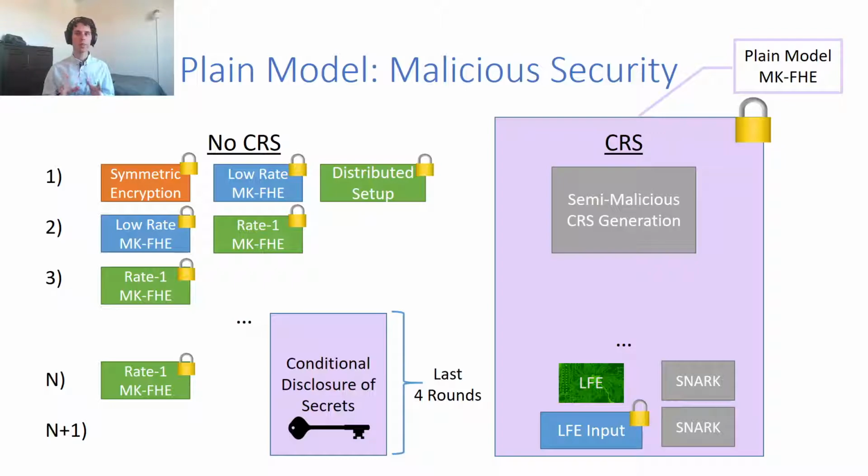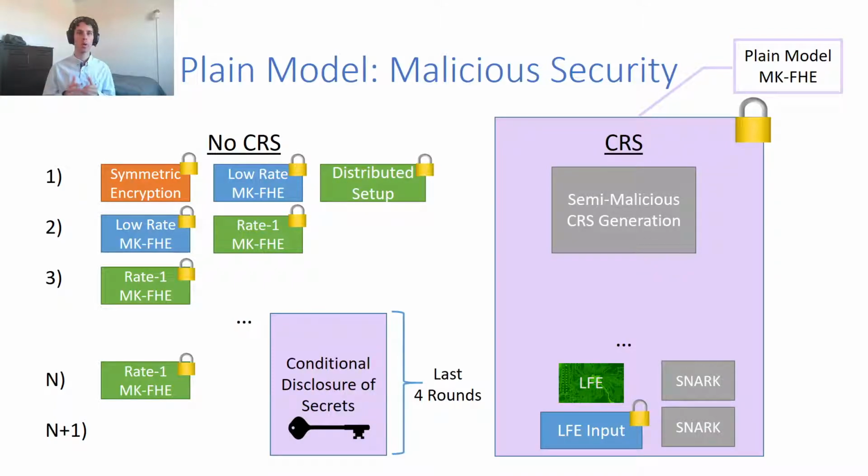Then, once we've received a proof of semi-malicious behavior in the CRS generation, we can decrypt the portions of the transcript involving the CRS, and this will provide security because we know that we have security against semi-malicious behavior in the CRS generation. Of course, since such a proof would already take 4 rounds, and we need an extra round to decrypt, we are instead going to use a conditional disclosure of secrets to reveal the key for the CRS portion of the transcript. And once all the parties prove that they behaved semi-maliciously, the conditional disclosure of secrets will reveal the secret